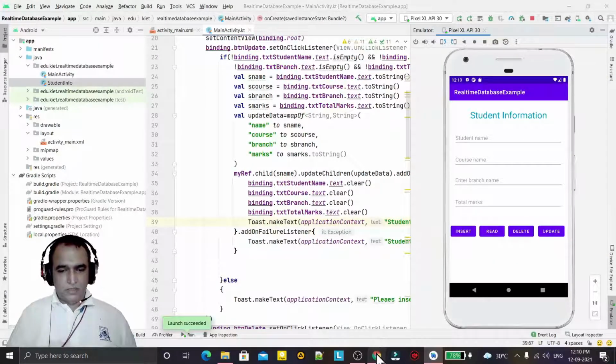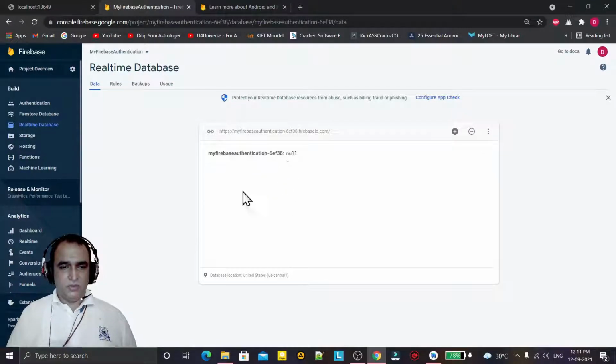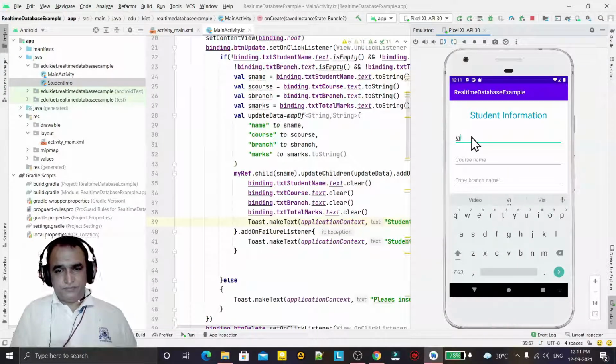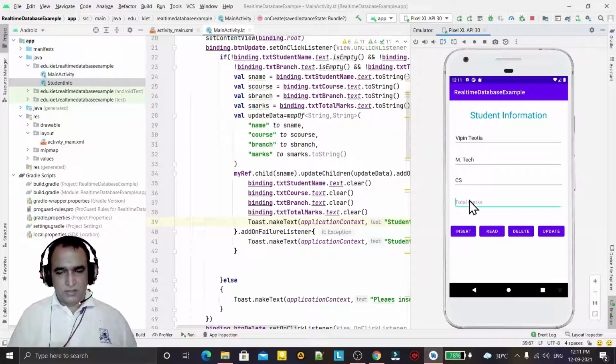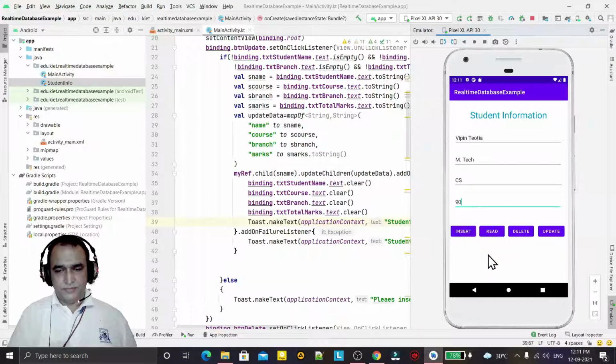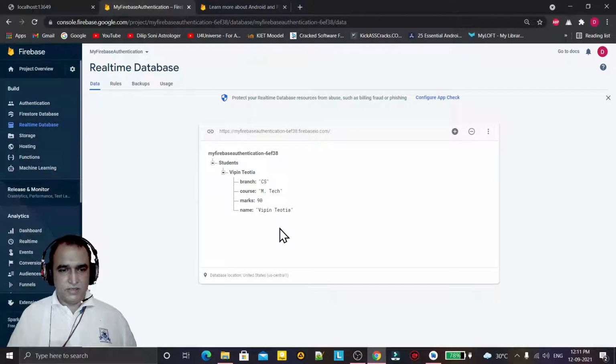Now you see the information is not available because we deleted it in the previous video. So first of all I have to insert, so I say Vipin, then course name, suppose we write MTech, here we write CS, and here we write marks, and I say insert. Now I see the information is inserted, but in place of MTech if I want to change it to PhD,